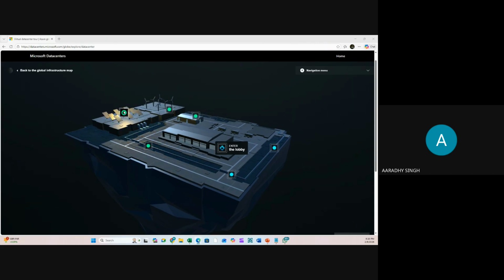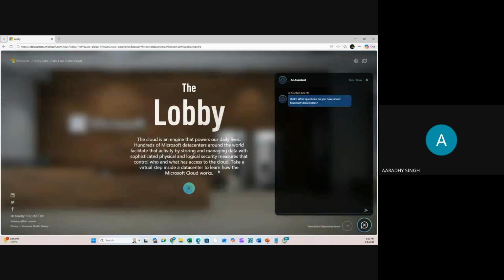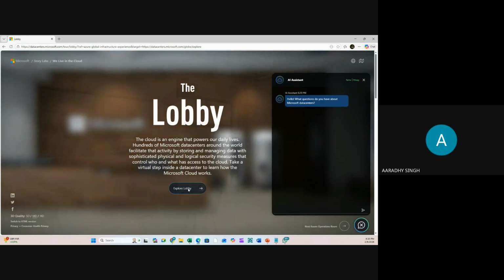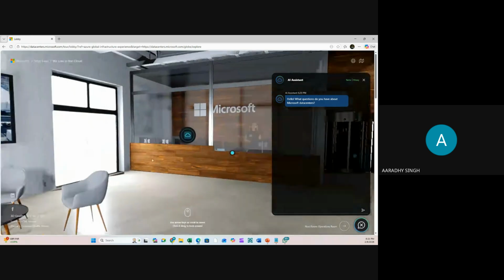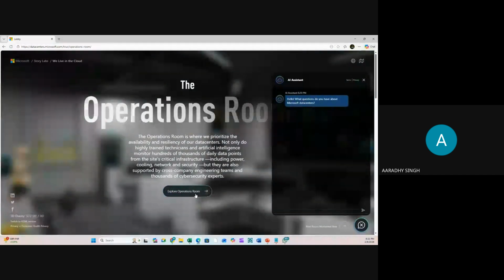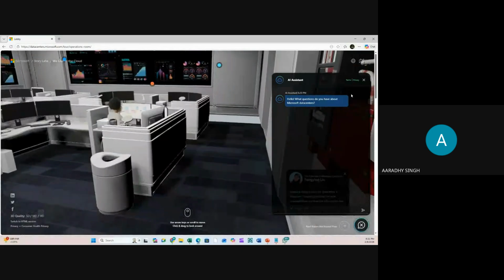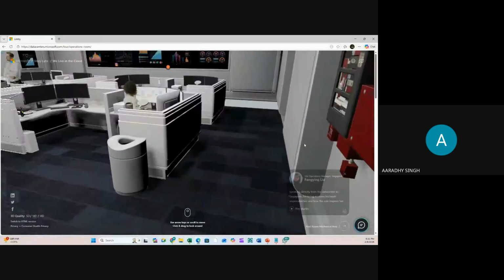So you see here, I'll suggest you click on these blue icons and get the details of how data centers are designed internally, like if you want to enter the lobby. I'll suggest you just go and check. It will take time, so I'll not go into detail here. This is just a video. Check how the operation rooms are, how data centers are available, how it is working, electric supply, backup, everything will be available here.